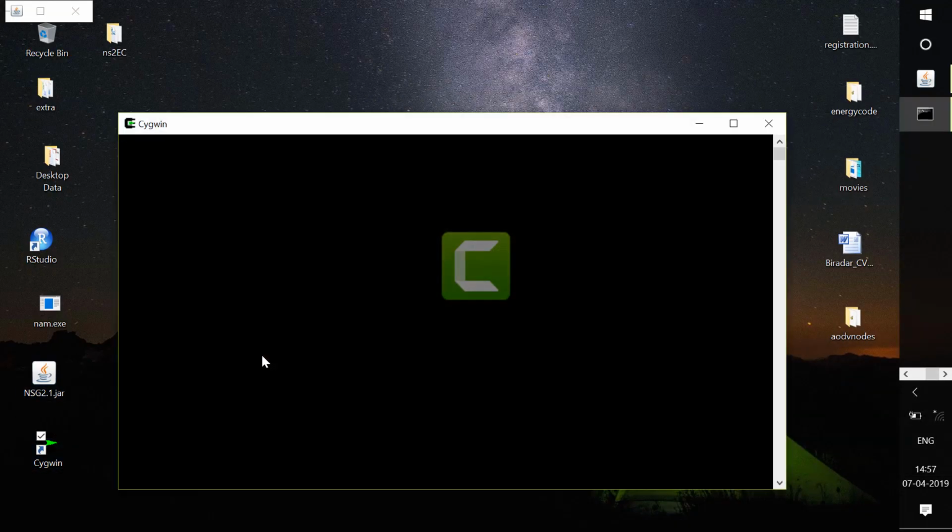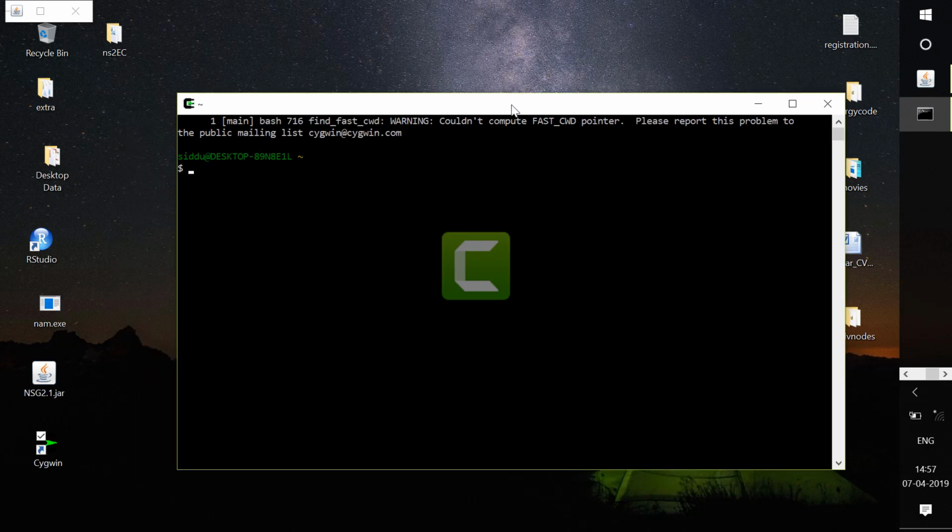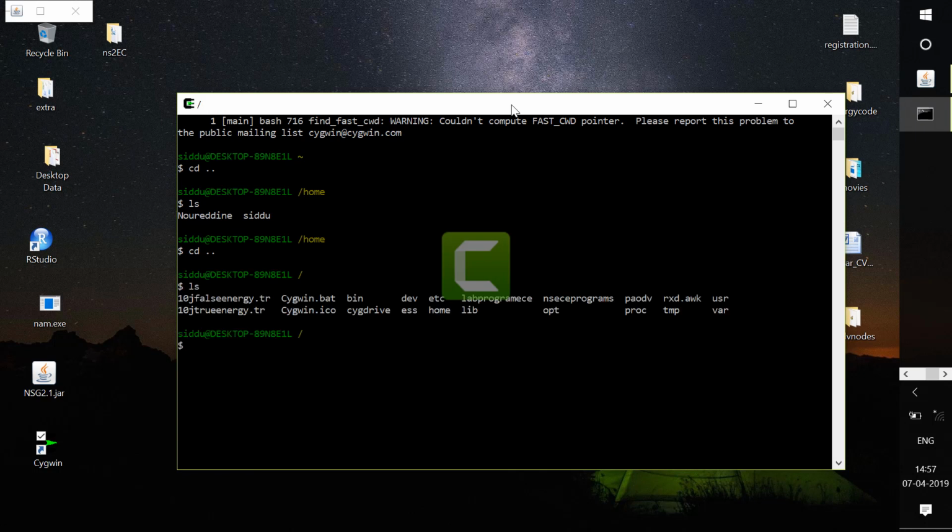Now we will execute it. In order to execute, first you should go to Cygwin, and here we have saved the file in the Cygwin folder. Let's see where actually we have saved the file in C drive. Let's type ls. If you type ls, we'll be in home, and we'll come to know what folders are there. Here I have made a folder by the name lab program ECE.